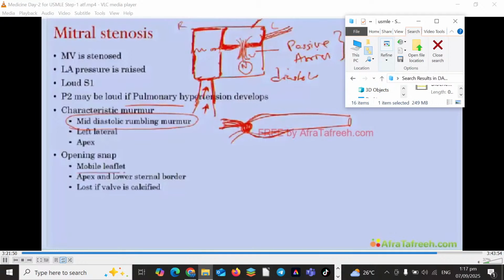Opening snap: because the valves are so close to each other, it is basically a hole. Even while opening up, they create a sound, and this happens somewhere in the late systole. The point where passive filling starts is where the mitral valves open, and this opening is called the opening snap. Presence of the opening snap tells you that the mitral valves are healthy. When you say healthy, that means they are